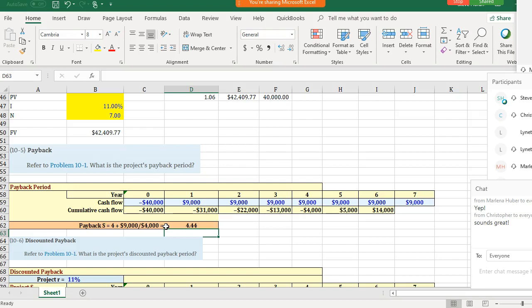Now, if I'm comparing several projects to each other, in this example I'm not, but let's just say I had 2 or 3 projects I'm trying to compare, and I'm trying to pick the one that'll work the best, well, then I would rank them. I would go, which one has the shortest payback might be the one that I would choose in that scenario. Okay, so it's just more of a matter of comparing it to something,